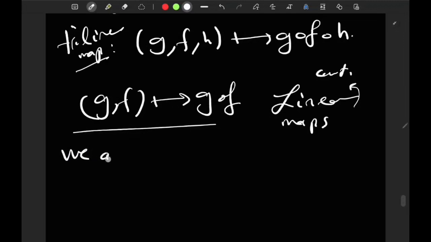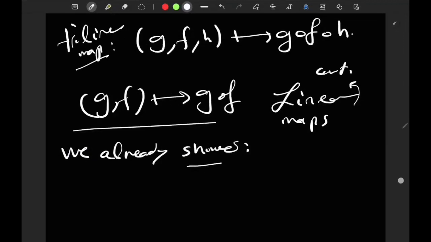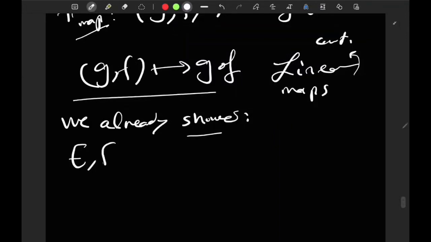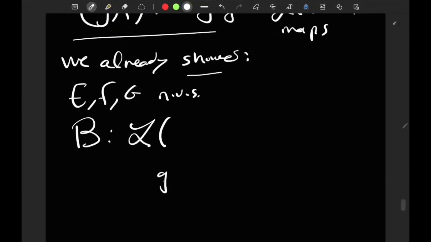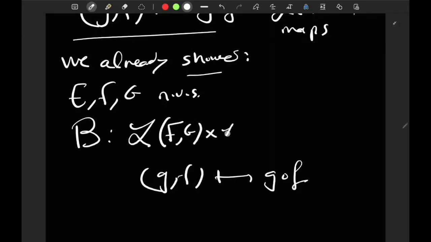We already showed that if I have some E, F, and G normed vector spaces and a bilinear map B going from L of F to G, cross L of E to F, and landing in L of E to G,